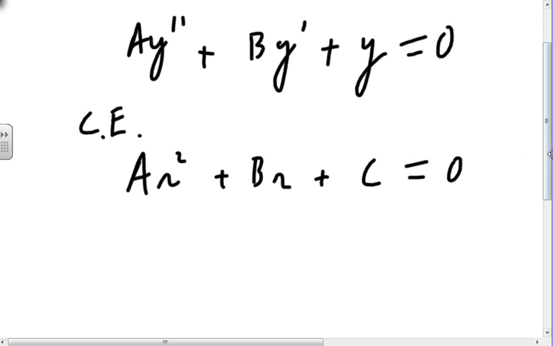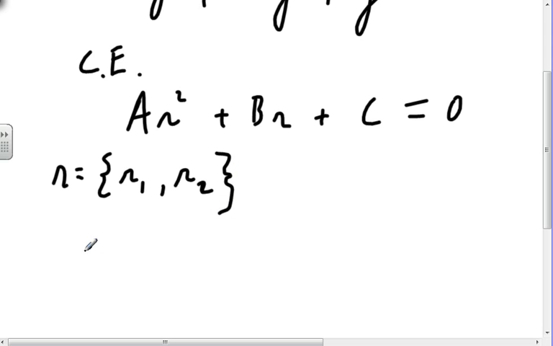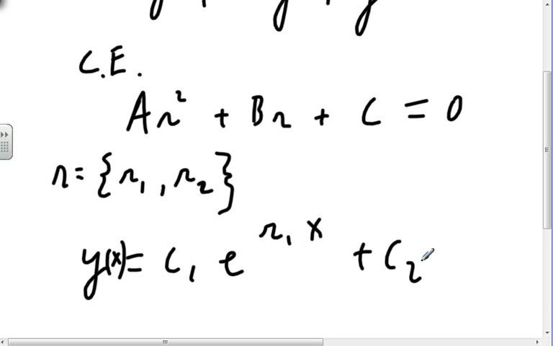r's. We could also do it with m's. I've seen it that way too. And then we have an equation that can have roots. So if the roots of the equation turn out to be distinct roots, r1 and r2, then the general solution to our differential equation will be y of x is c1 e to the r1x plus c2 e